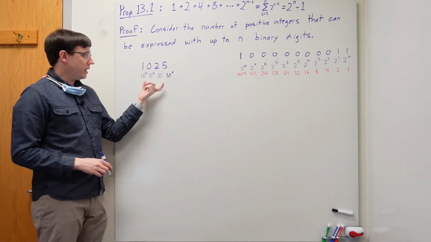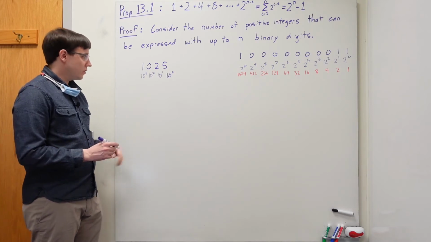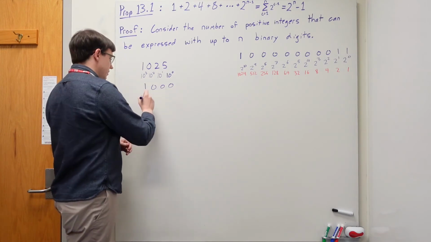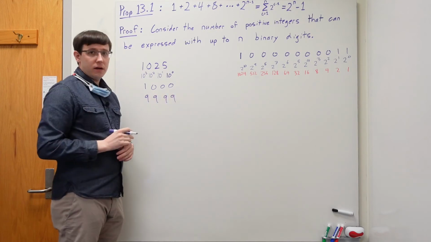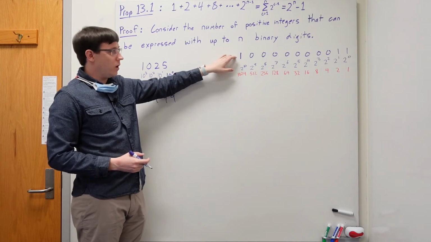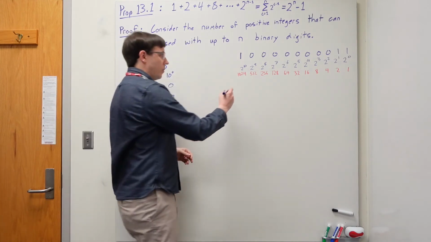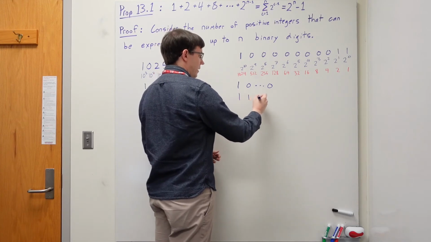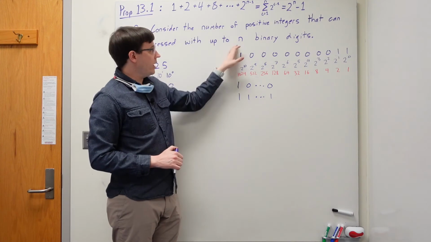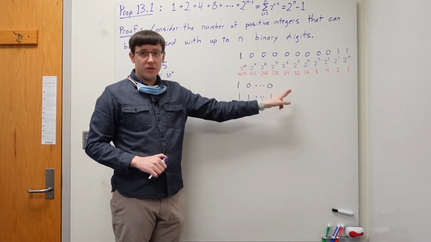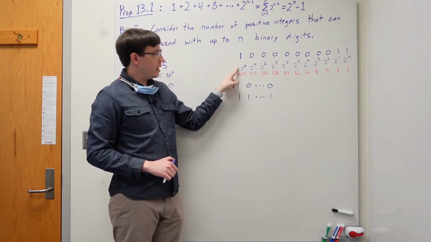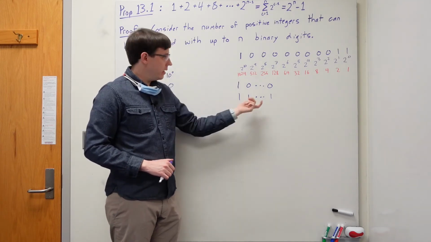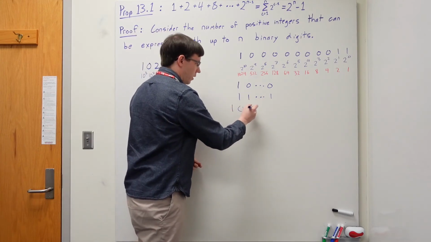Well, if we consider the n-digit base 10 numbers, the smallest is a 1 followed by n minus 1 zeros, and the largest is n nines. In base 2, since our only digits are 0 and 1, our range of values goes from 1 followed by some number of zeros up to 1 followed by that same number of 1s. So if we have n digits, 1 followed by a bunch of zeros is 2 to the n minus 1,